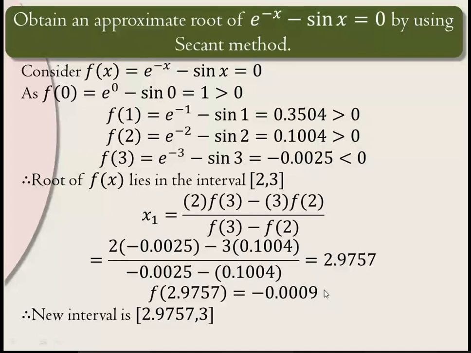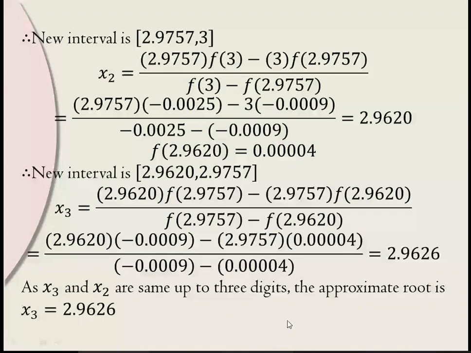We just have to get a new interval with this new point. Now again use this formula for finding the next iteration. We want to find x2, take this as the interval xn minus 1, xn, and find xn plus 1 by the standard formula. Again do the cross multiplication and subtraction of the term. Okay, so here the new interval is 0.9757 and 3. By doing the cross multiplication and simplifying the term, it becomes 2.9757 into f of 3.